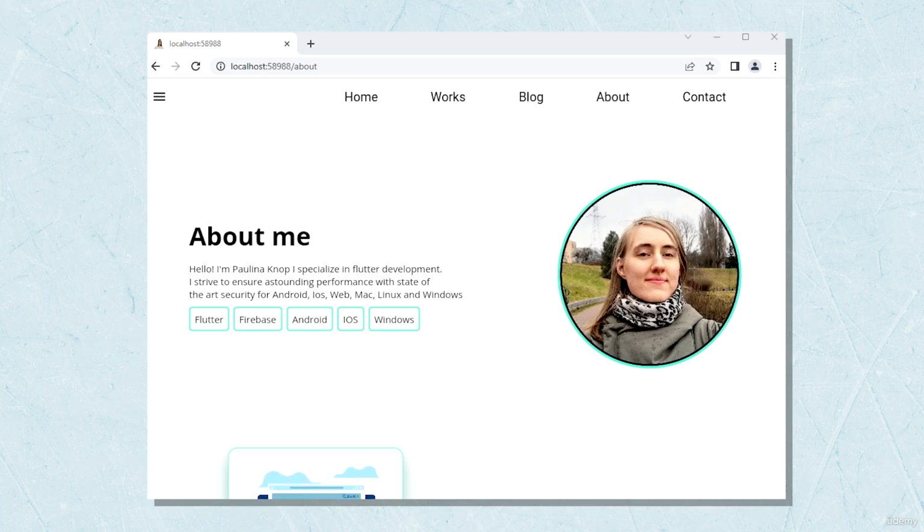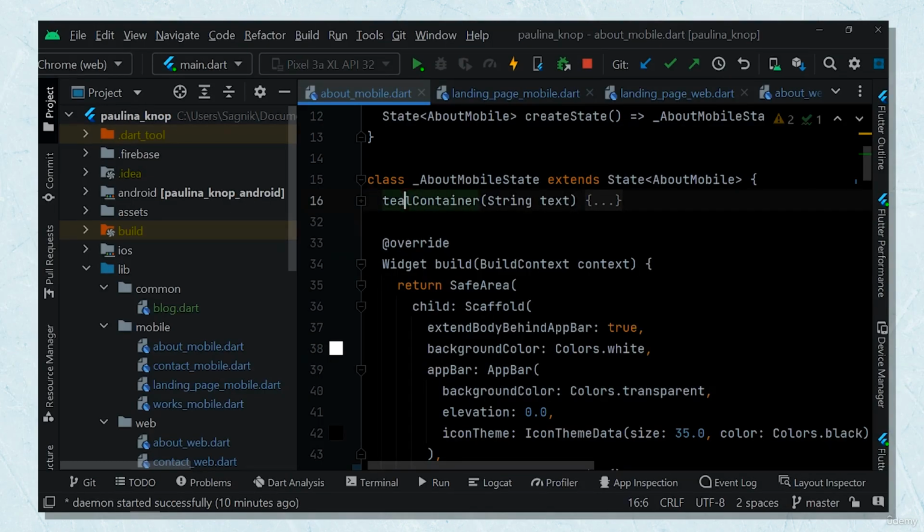Now, when it comes to the next part of the code reuse, as you can see on the About page, these Teal containers are similar everywhere. So now we can simply try to reuse them. Let me open Android Studio, where you can surely notice that we have this Teal container over here in the